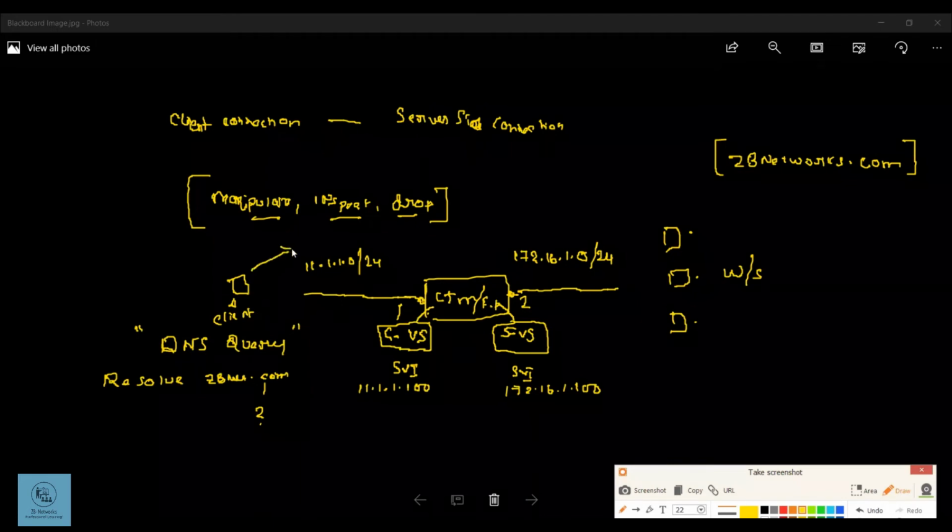It could be a BIG-IP DNS appliance also, which I'll discuss later when we come to GTM or DNS classes. But here, the client request will go to whatever DNS server IP you configure on the client. It could be an internal DNS, we call this LDNS or local DNS, or it could be an external DNS server, say Google DNS, right? So you've said, hey, I don't have internal DNS in-house, so I'm using external DNS. The request will go to this external DNS server, and this DNS server should have what we call an